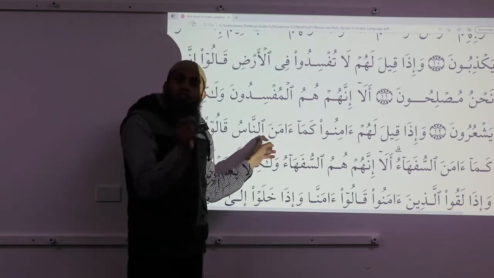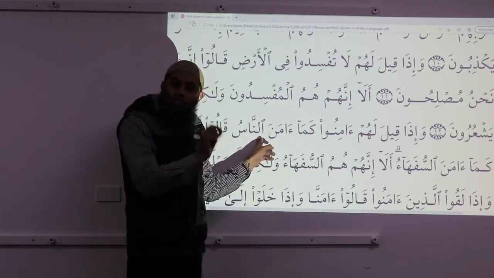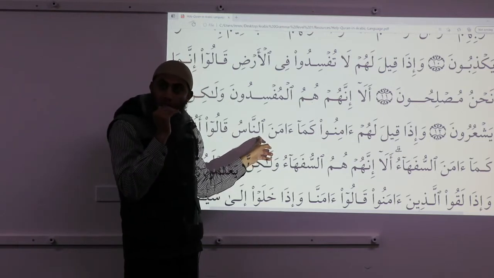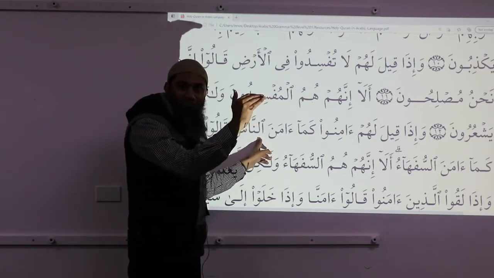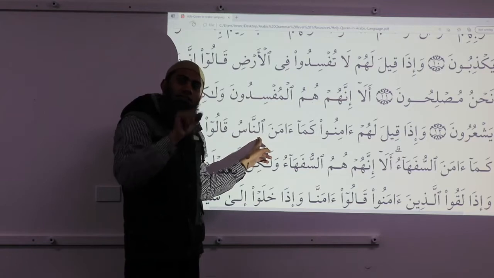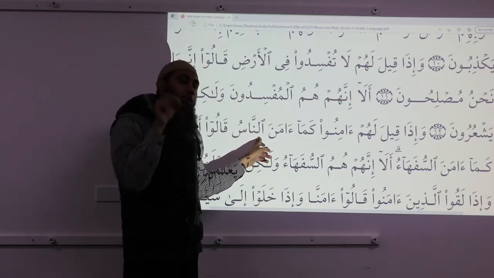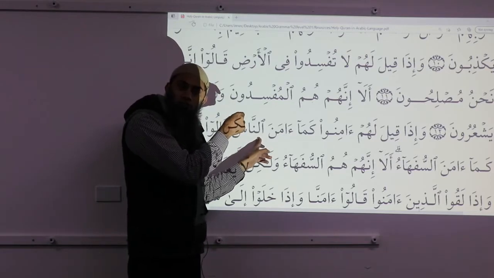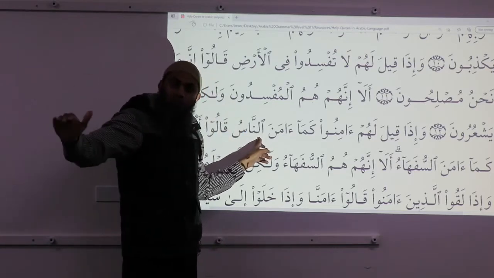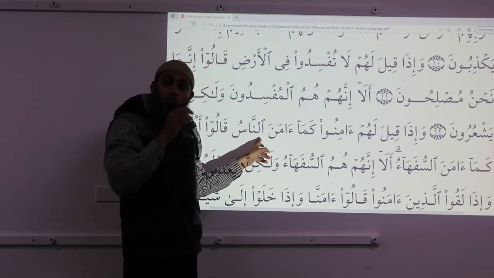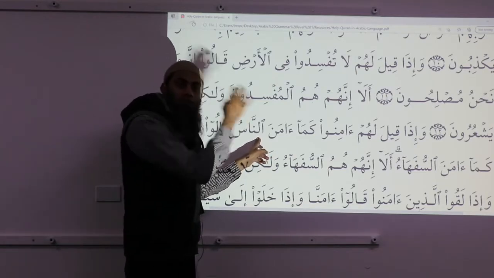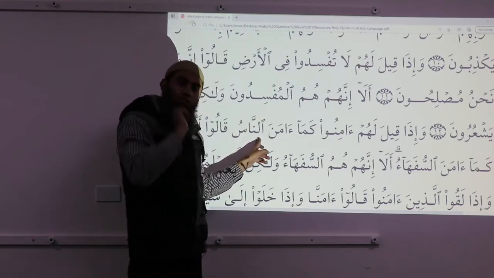Don't worry about translating the verses. This is not our level yet. First we need to be able to spot something. Translation inshallah is not the difficult part. Translation comes through vocabulary, and this is not my aim in this course. This is our aim at the next level. At this level, our aim is to be able to spot things grammatically in the Mus'haf. Okay? So don't worry about that.